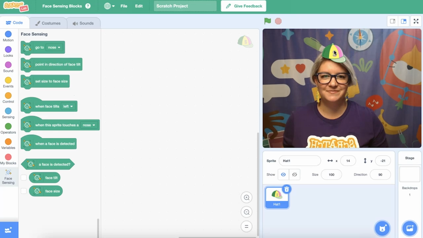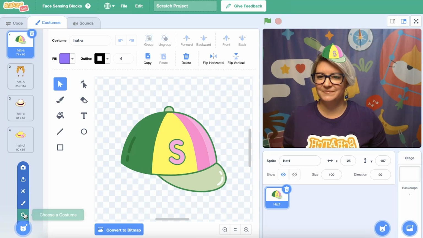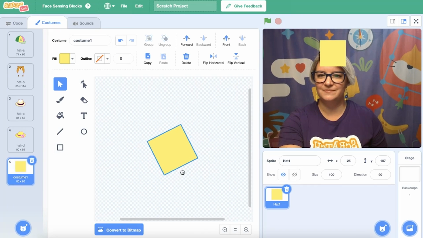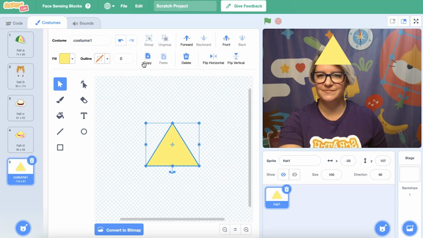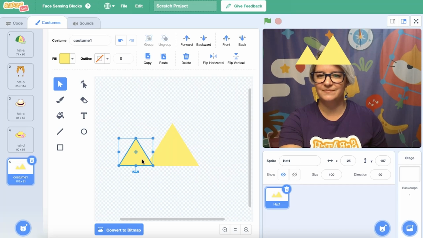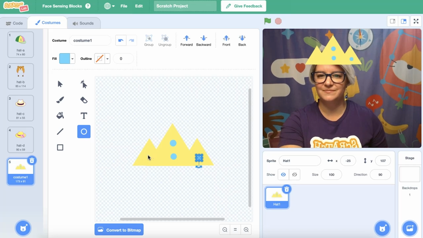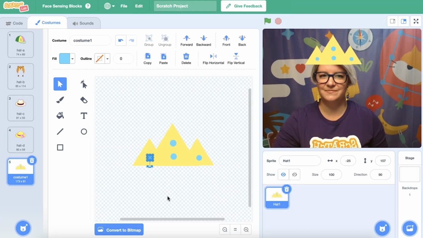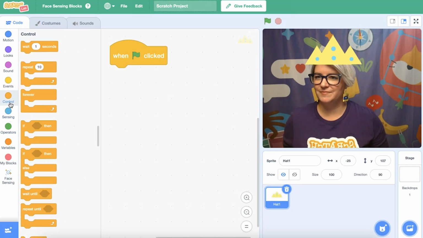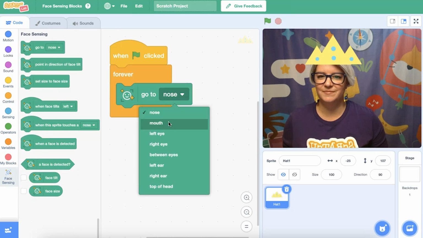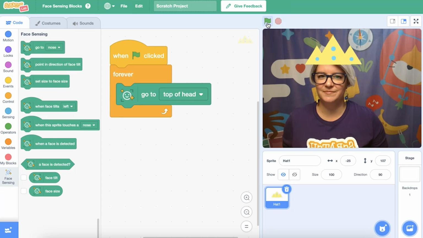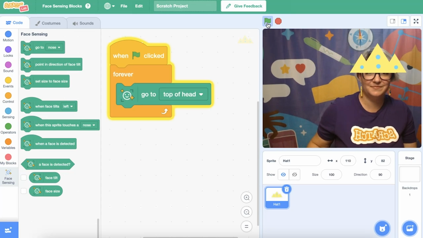You can choose a sprite that is a fashion item, like a hat or glasses, from the sprites available in the Sprite library. Or in the Costume Paint Editor, try drawing a funny hat using the brush or shape tools. Using what you learned in our first experiment, can you write a script to make the sprite stick to the top of your head? Here I've altered a script that Eric showed us to make this hat continually go to the top of my head.